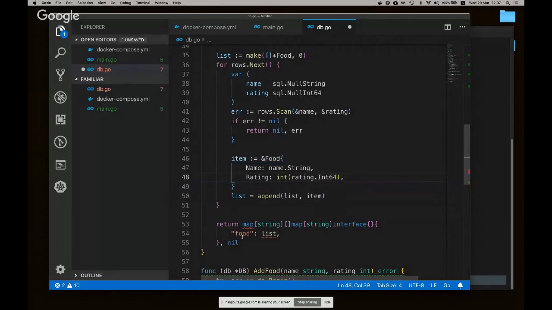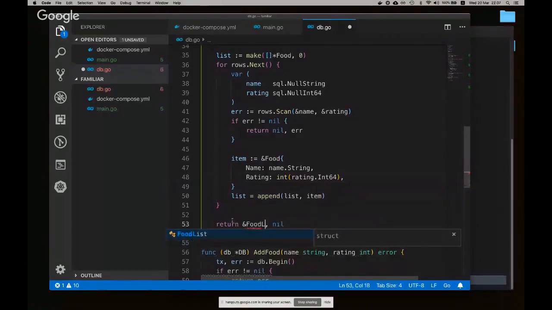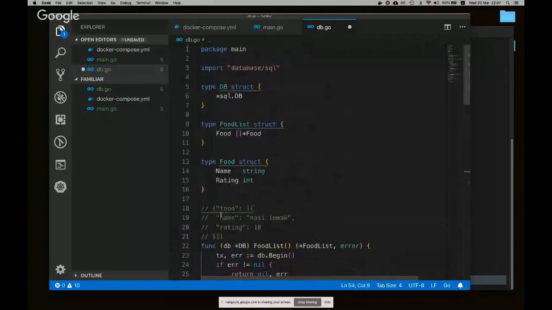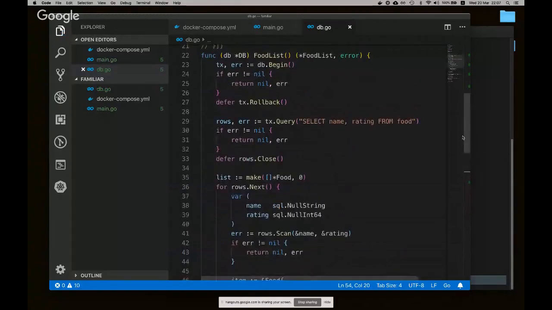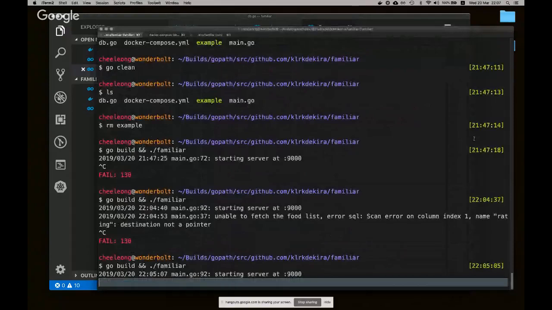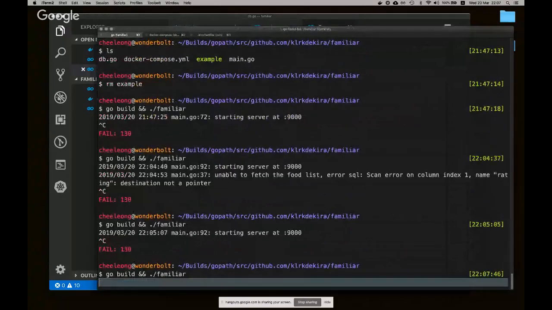So instead of here, I get food list, and what's the name of it? It's called food, and it'll be a list. Let's run it again. There's a caveat though,